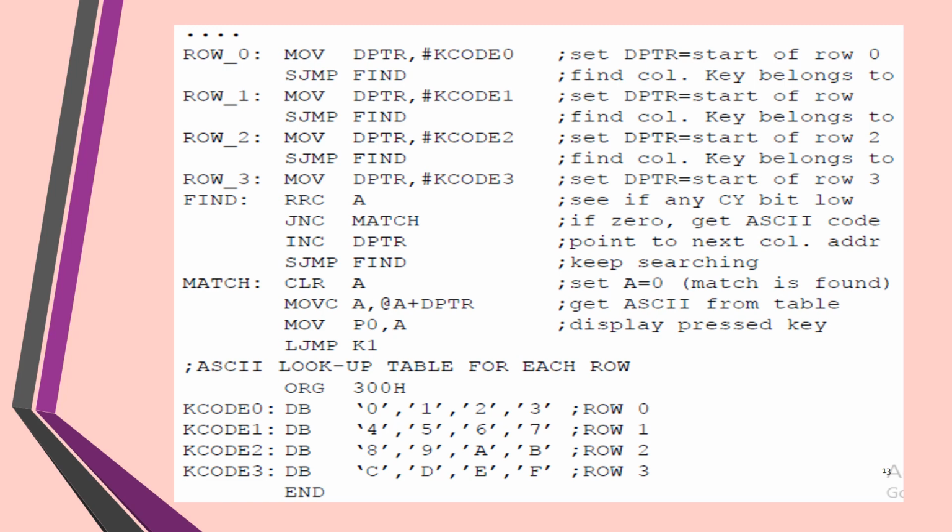Rotate through carry. How many times will it do that? Simply, rotate based on the status of the carry, using JNC. If carry is 0, then immediately go to the match loop. Or if carry is 1, then increment DPTR. We don't want carry 1. Increment DPTR and SJMP FIND. Once again do the same thing. Accordingly, for row 0, row 1, row 2 and row 3, all 4 combinations,